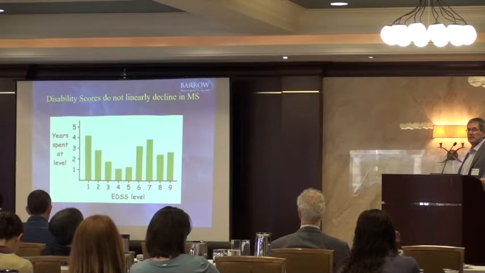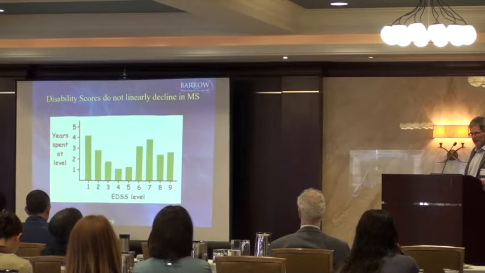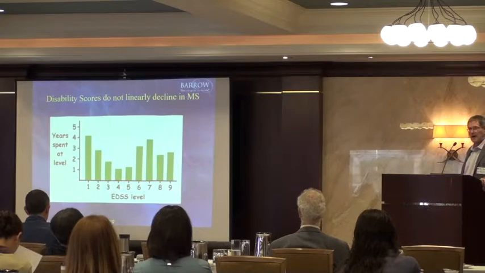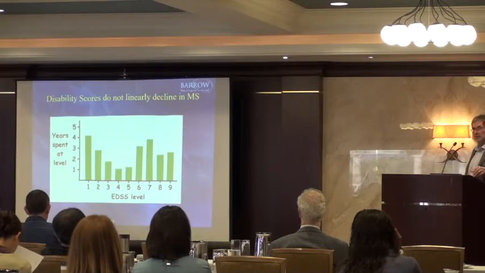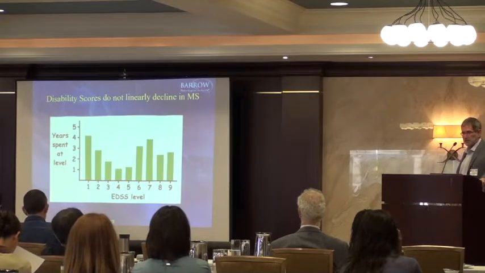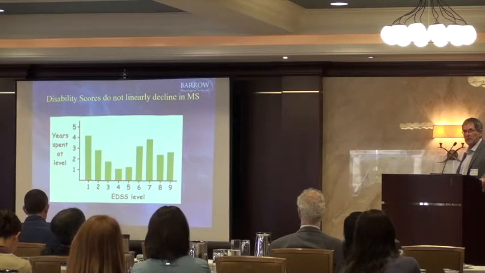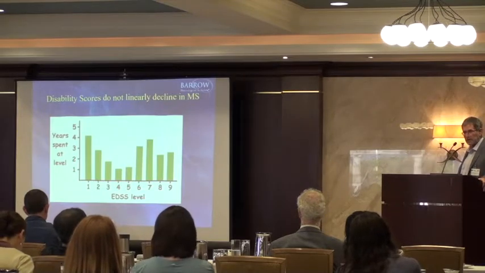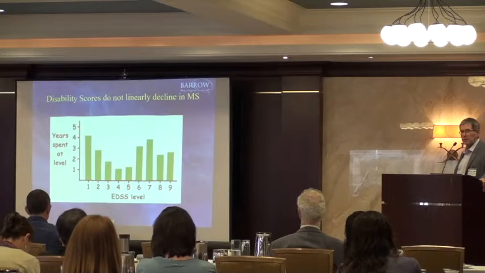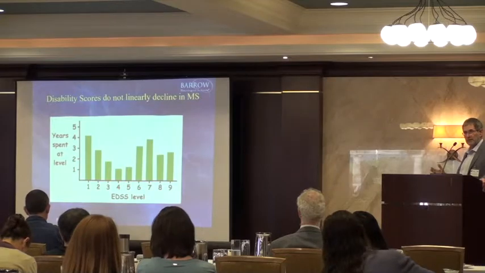Now that could mean that the disease is changing its rate of progression, but more likely what it means is that the attributes that constitute a grade 4 or grade 5 EDSS are more finely graded. And so the scale itself is producing this change in apparent speed of progression in the disease. So here's an example of a commonly used scale where at some points, changes could be quite finely graded, but at other points the gradation is incredibly gross, and you're unlikely to see a change at grades 1 or 2 over the course of a 1-year study. When you spend 3 to 4 years at that grade, the likelihood of that being a useful measure to you